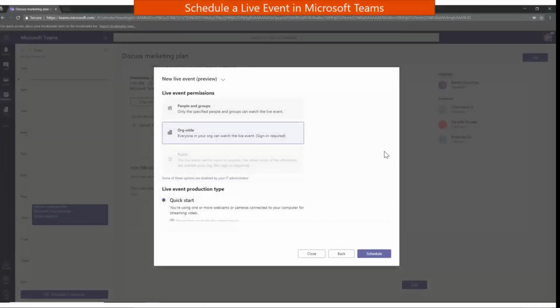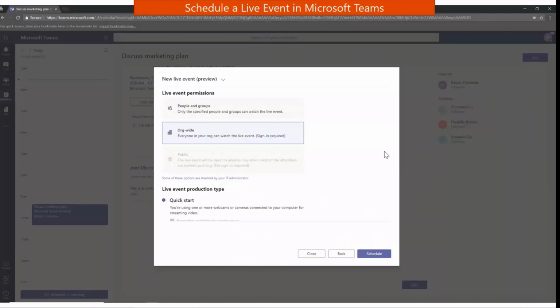Now, creating a live event. You will go to the Microsoft Teams client on your desktop, and then click on New Meeting. Under New Meeting, there would be 2 options: New Meeting or a live event. Live events give you an option to either pick certain people or groups, or it's an org-wide live event.